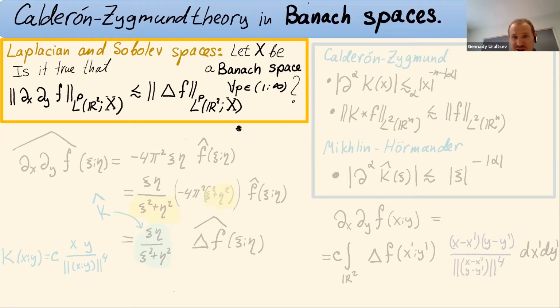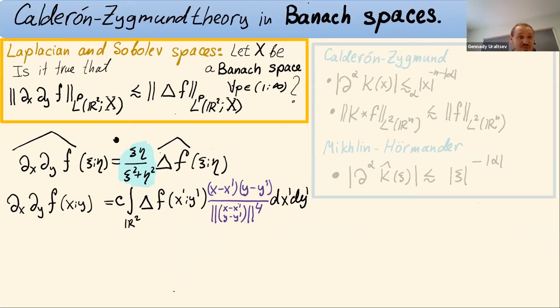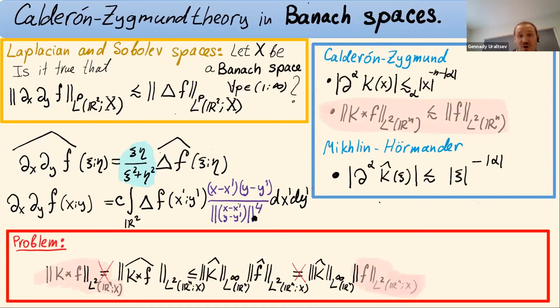So now let's try to run the whole technology again for a Banach space. We can define the Fourier transform in the same way that it's usually defined for functions valued in a Banach space. We do the same computation, we obtain exactly the same symbol, so we obtain exactly the same kernel expression, the 2D convolution. Now, what's the problem? The differential inequalities on the kernel are very nice and they are satisfied. The symbol, we know that it's a bounded symbol. However, we have a big problem: even though the symbol is bounded, we can't really